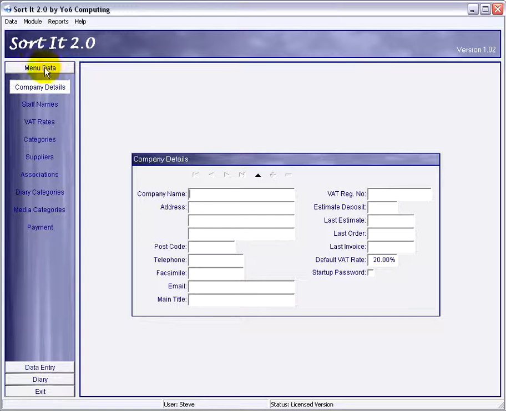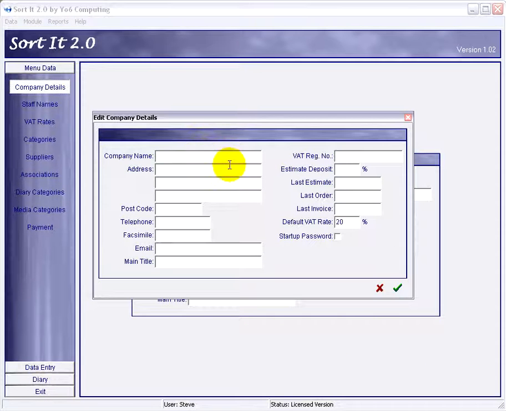Right, on to the next section. And what we're going to do now is enter the menu data or preferences, and if your screen looks different to this, just click this button here that says menu data and it'll bring you to this page here. And to add your company's data,